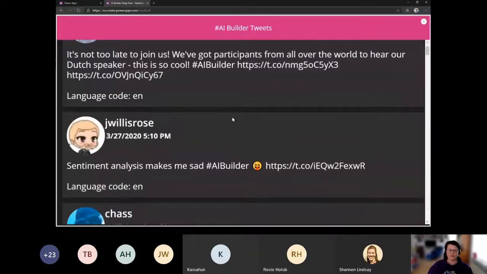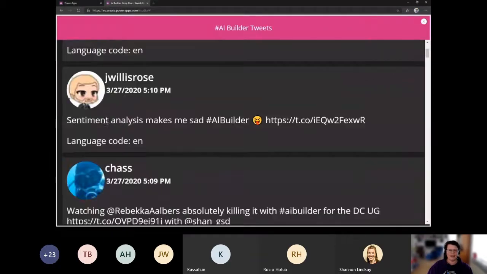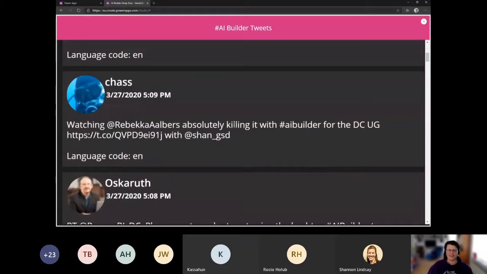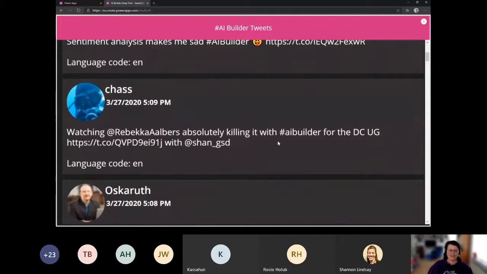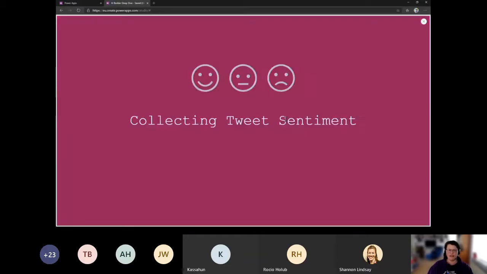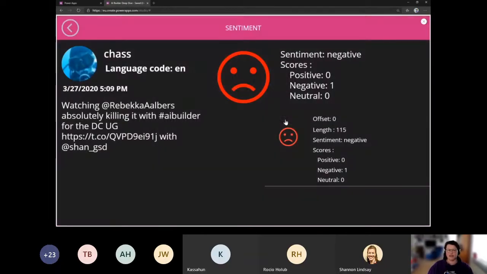So we see here some tweets from different people. Chuck also did something. So let's see if I can get some information about the sentiment of the tweet that he did. What I did is I created a flow.